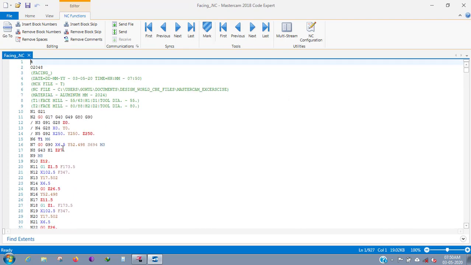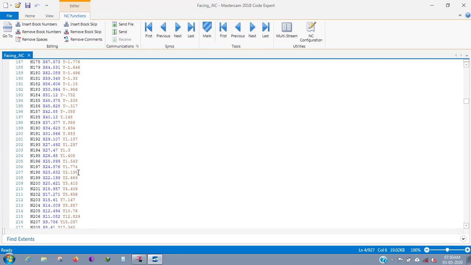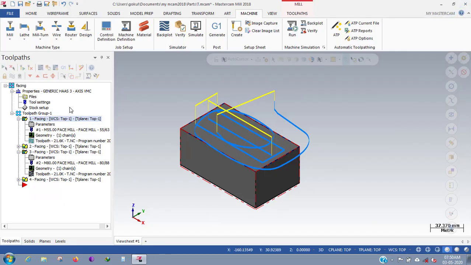See the date and month here, the time and the location of the Mastercam file and the location of the NC file and material used, tools involved, and the program lines will be starting. This takes around 916 lines, because we have selected all these options.